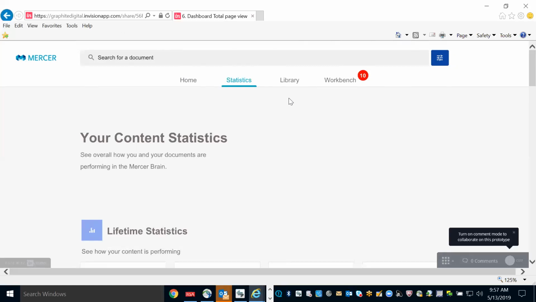That's a good question. I think if I already uploaded it, I'd want to see it in the library. I'm not sure what this workbench is. Part of me feels like the workbench may be where I would want to see what I haven't uploaded into the system yet, or I'm still working on it. I'm not sure what this is, but I'm maybe jumping ahead. I think I would just want to see whatever it is that I uploaded in the library.